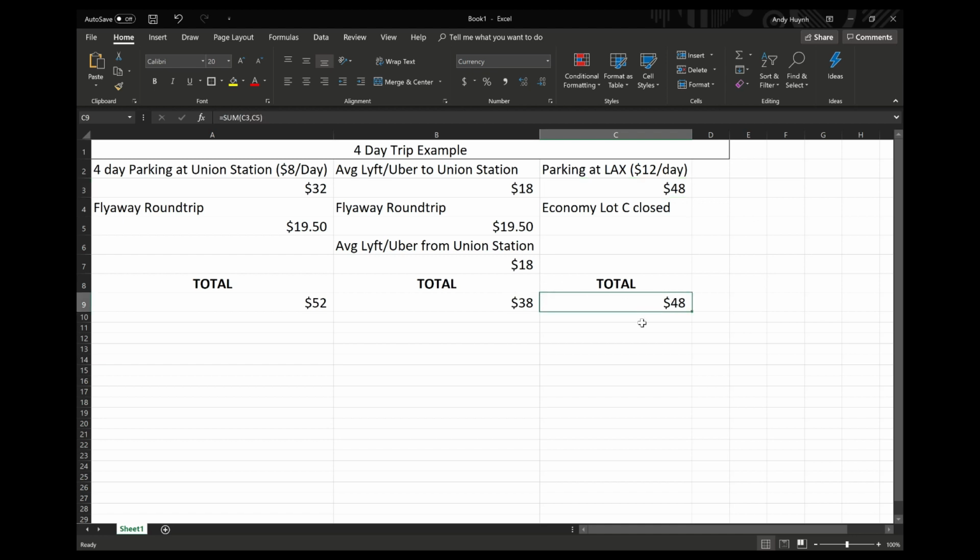Now, we can see that there are many different ranges, and the lowest is the Lyfting and Ubering to Union Station. But that's if you live relatively close to the downtown LA area, maybe like a 15-minute car ride. You know, they're all fairly close, but depending on what type of luggage you have, if you're in a rush, or you don't mind taking a Lyft all the way to LAX or just driving to LAX, well,